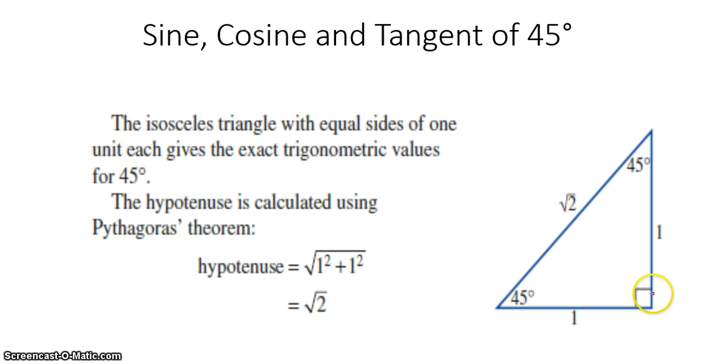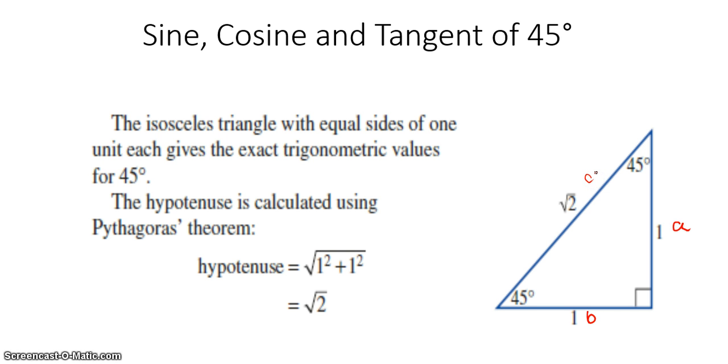Here we have a right angle. The hypotenuse here is equal to the square root of 2, and this is found by using Pythagoras' theorem again. If we take one perpendicular side to be A and the base to be equal to B and my hypotenuse as C,